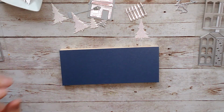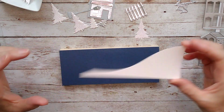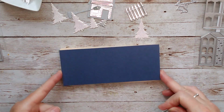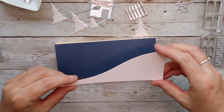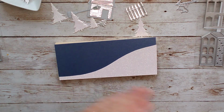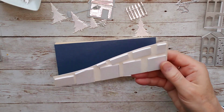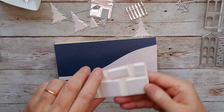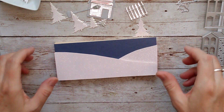So then I have gone with my sugar crystal card, the glitter one, and I've cut a piece of that, and all I did was mark it the width of this and draw a curve on the back and followed it with the scissors, and I'm going to glue that on there. And then I did one coming the other way, and I've taken my dimensional foam pads, these are Craft Perfect ones, and added some on the back,